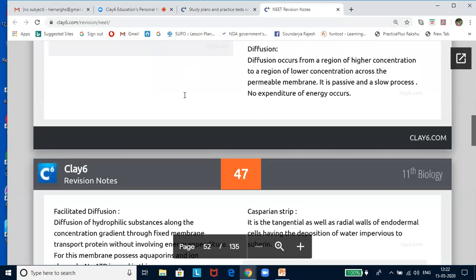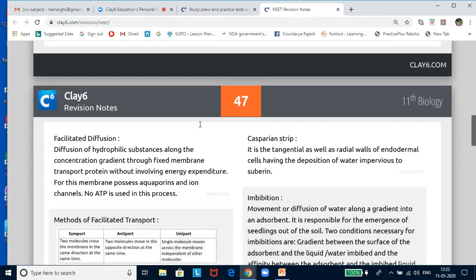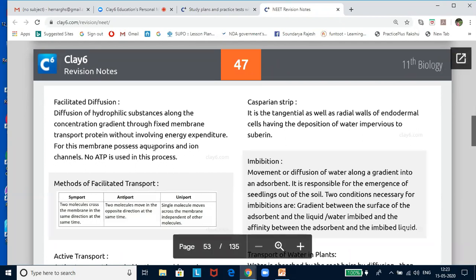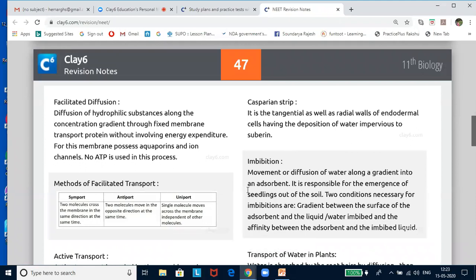Now, the next type of transport is facilitated diffusion. The diffusion rate depends upon the size of the substances. Diffusion of any substance across a membrane also depends on its solubility in lipids, the major constituents of the membrane. Substances that find it difficult to pass through the membrane, their movement has to be facilitated. Membrane proteins provide sites at which such molecules can cross the membrane. A concentration gradient must be there for the molecules to diffuse, even if facilitated by the proteins, and this is what we call facilitated diffusion.